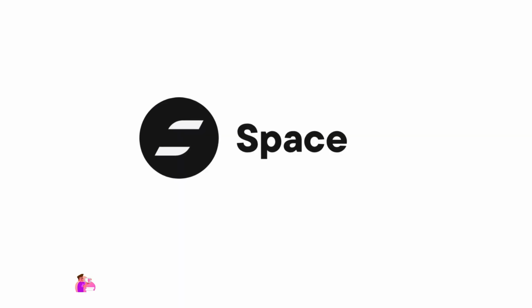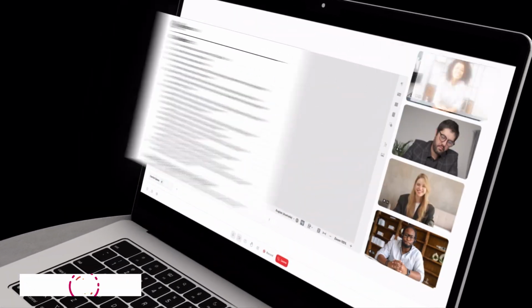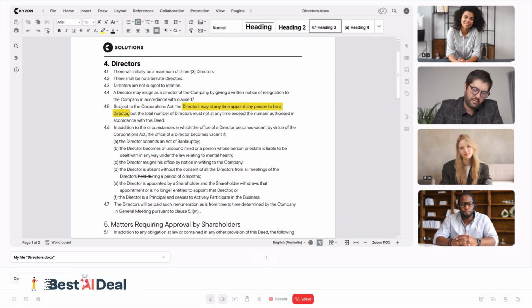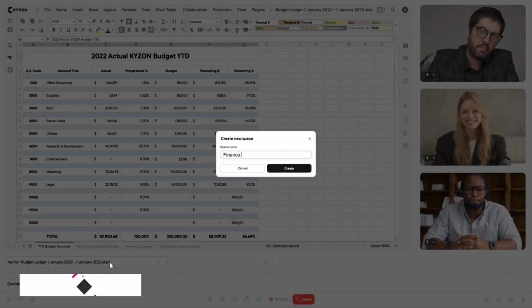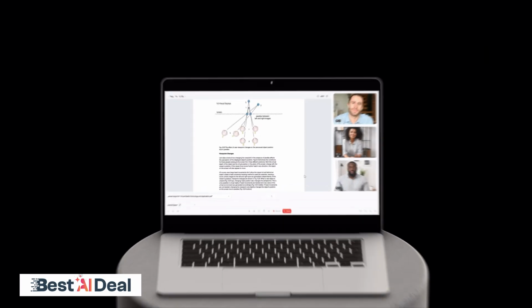Well, meet KYZON Space, the game-changing Zoom alternative designed to make your meetings actually work for you. KYZON Space is a browser-based platform that lets you present, collaborate, and edit documents live during video calls. No downloads, no complicated setups, just seamless teamwork. Whether you're a remote team, a marketing agency, or a small business, this is the tool that turns boring meetings